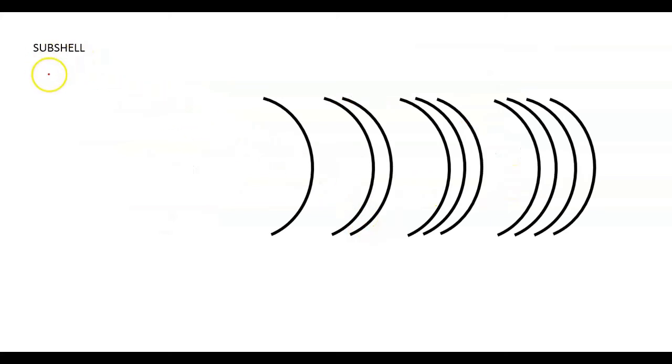Clear? And now we move to the subshells. Subshells are the shells which are present in the main shell. Okay, the subshells together form the main shell. So here this is n equal to 1, which possesses 1 subshell, and here n equal to 2, that means L. Okay, n equal to 1 means K, and n equal to 2 means L, where the energy value is 2.